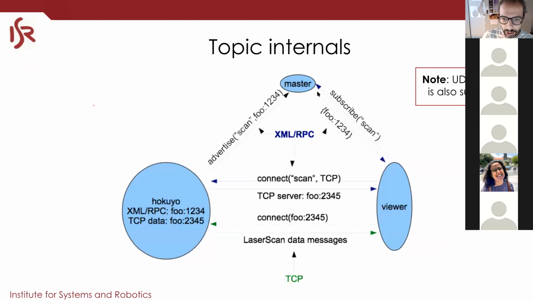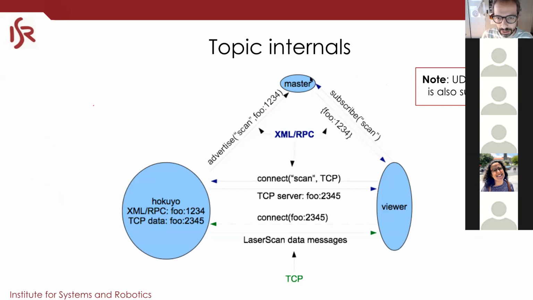So here on the top, these blue ovals are nodes. So here is the ROS core. This picture is taken from the tutorials of ROS, which I advise are very good. You should do the tutorials to know more and get more experience.